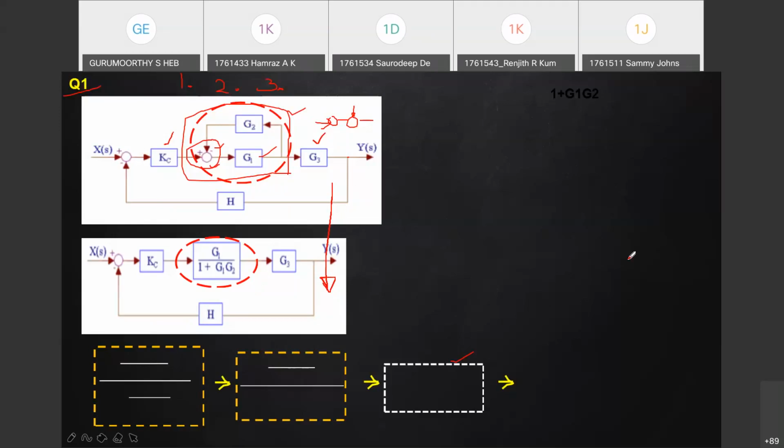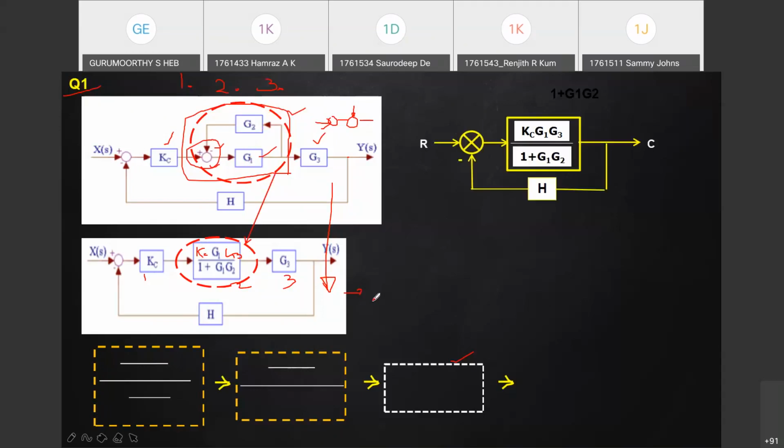Yes, I see only one or two, Ria, Abhijit. Now you can see blocks are in series. That is block 1 Kc, block 2 is this, and block 3 is this. Just multiply, like you multiply 1, 2, 3: Kc into this block into this block. That means in the numerator, you get G1, G3 and Kc. That will be your next step. So by doing that, you will come to canonical or standard form.